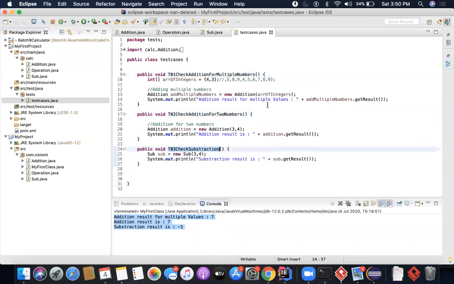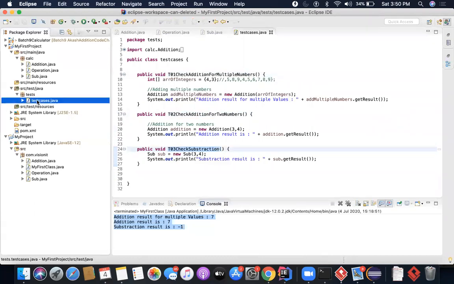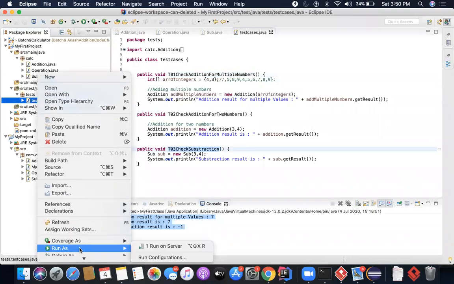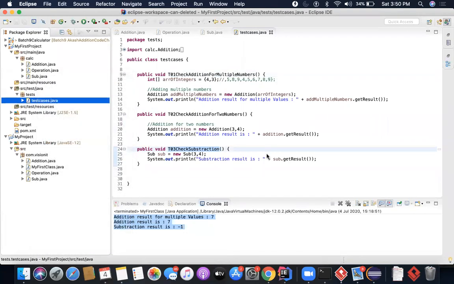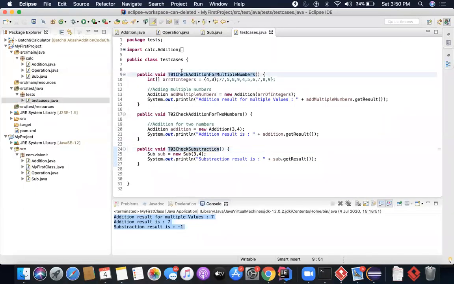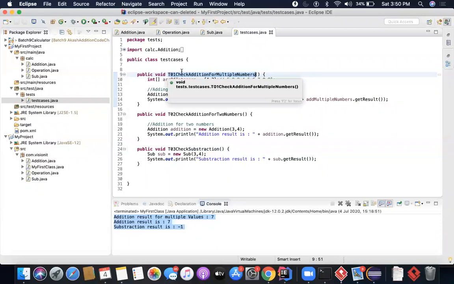Now the challenge here is, what will get executed if you want to execute it. If you want to say right click, run as, you will not get any option to run on server, that is not the right option. You will not get run Java program. Why? Because if you want to run a program in Java, you really need to have a public static void main. Without having public static void main, you cannot execute anything, because these methods are just method definitions. They are not executable. If you want to execute them, you want to call them, right?